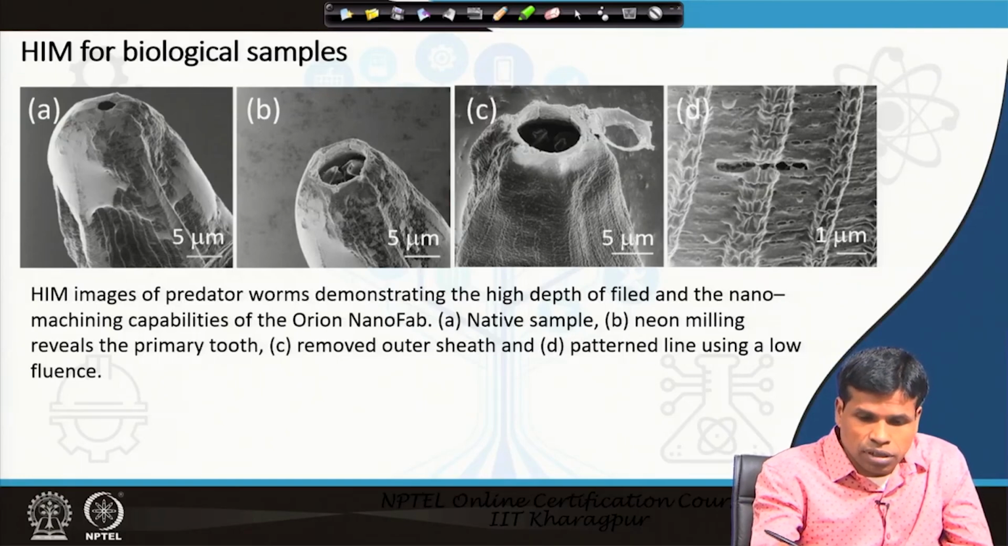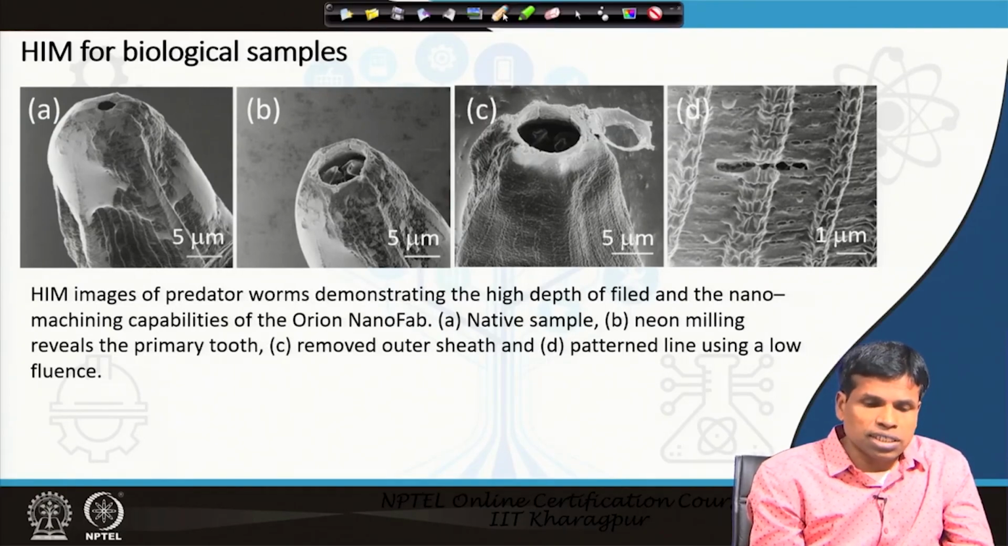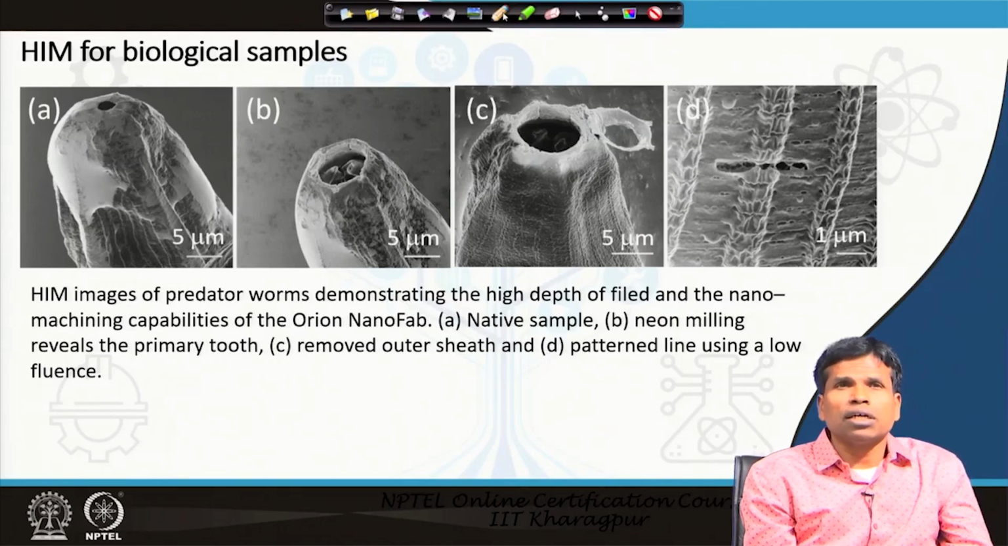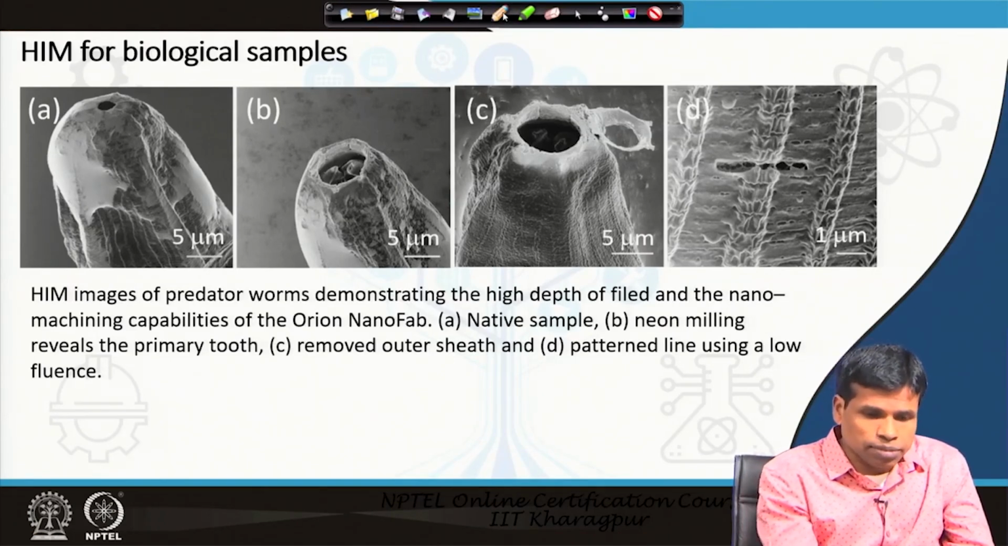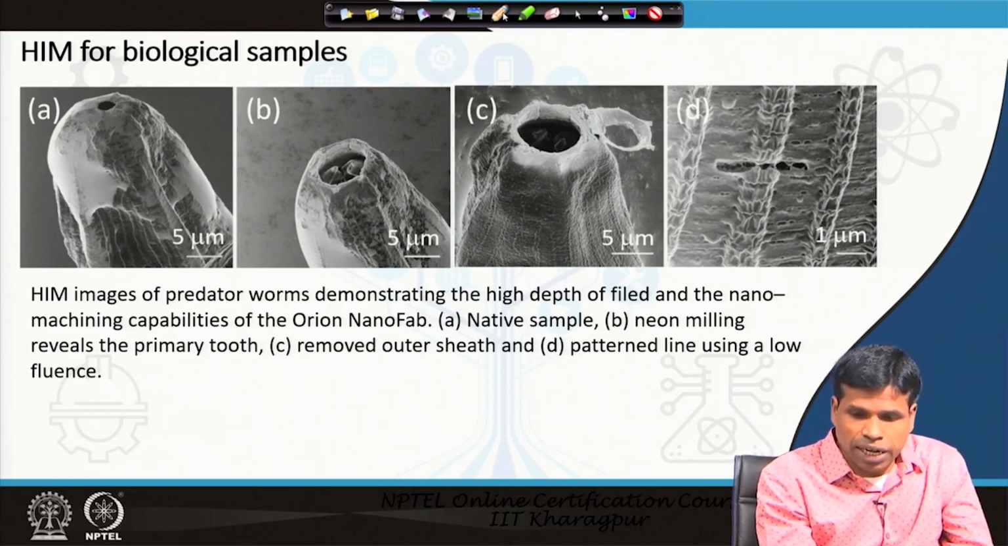Another example here, some biological sample. Here is a predator worm. The image reveals the high depth of field. On the left side, as you see, it is a high depth of field image,